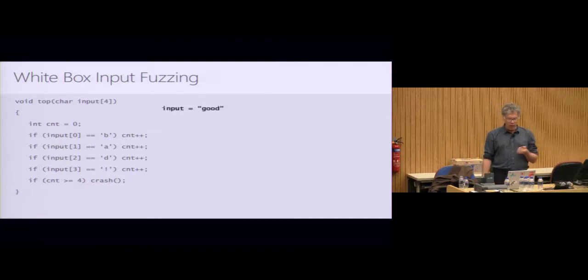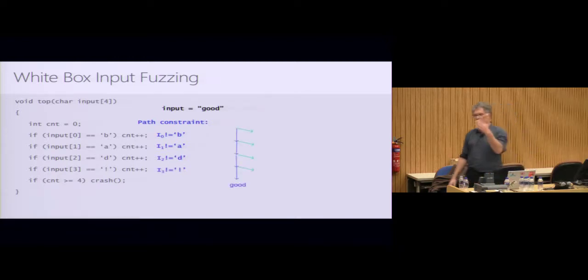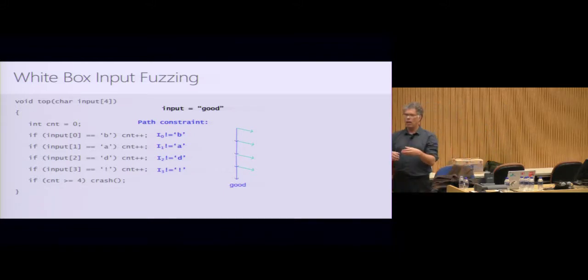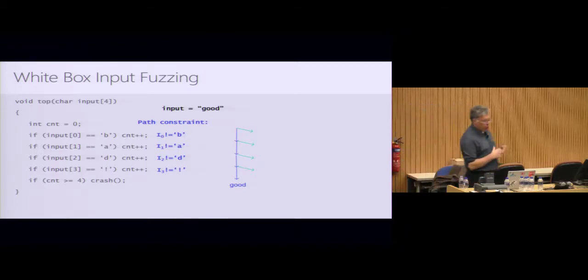So if you give an initial good input, the good string, to this top function that takes 4 characters, well, hidden in this code is a crash, and that crash only happens on a particular bad input. But for the good input, all of these conditionals evaluate false, right? And so we don't crash. But what we can do is symbolically execute this path while it's being dynamically executed, and collect up the set of constraints. And what are these constraints? They're constraints over an input of 4 characters. What's that? Oh, it's a bit vector.